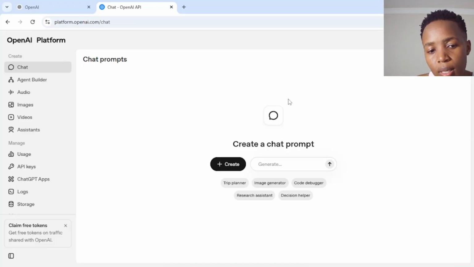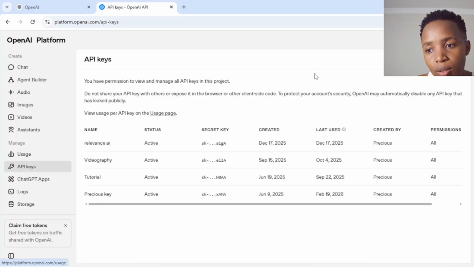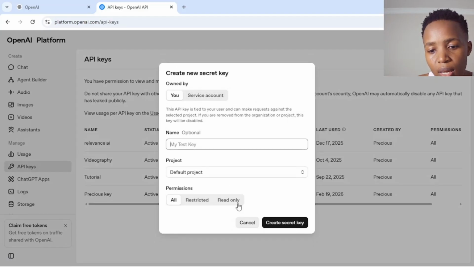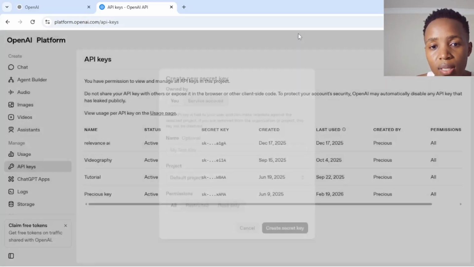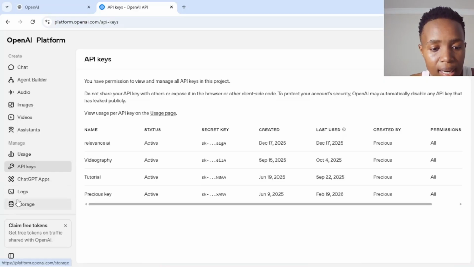This is what you will see, and then you go to API keys. When you go to API keys, you create a new secret key, and then you name the key, and then you create. After creating that secret key, you copy it, and then on your OpenAI, you also need to add